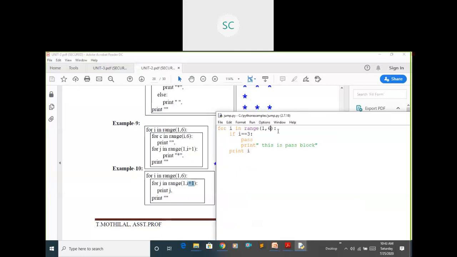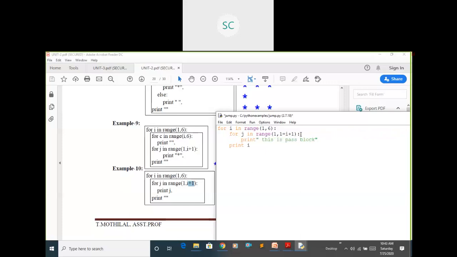In the inner loop I'm going to write: for j in range. You need to write range. It starts from 1 and it has to end with i plus 1. i plus 1 means the exact i value. Just remove this. You need to follow this indentation.